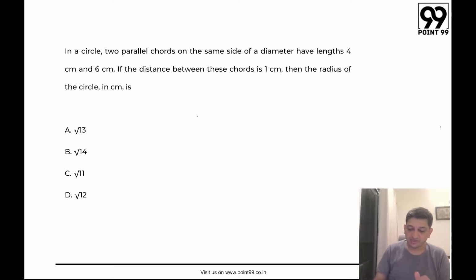Yeah. So let's have a look at this one. Now we have in a circle two parallel chords on the same side of the diameter. Yeah, I think you're right, Arkodipto. ठीक है,